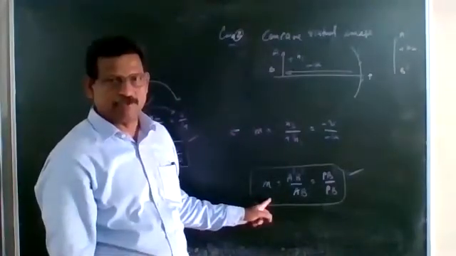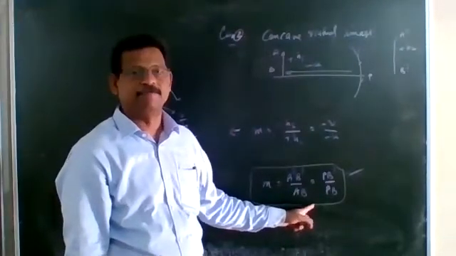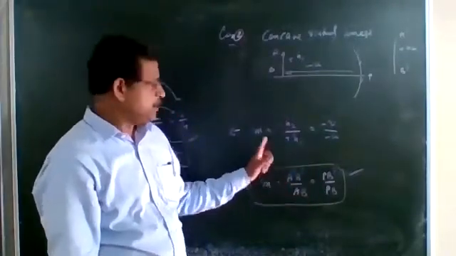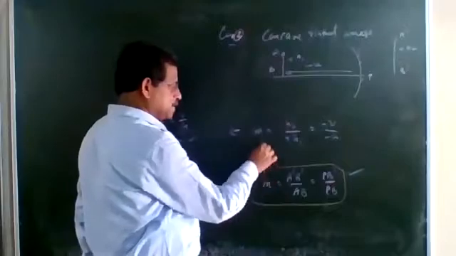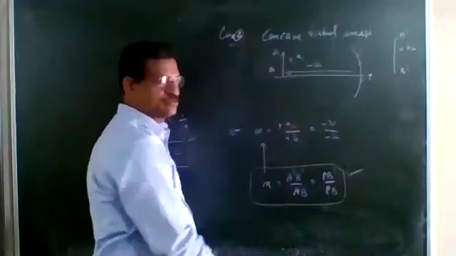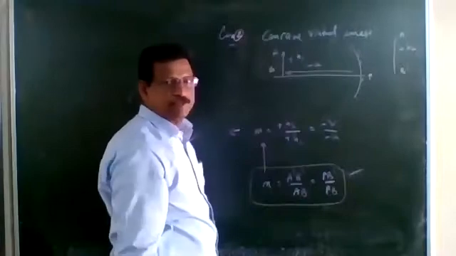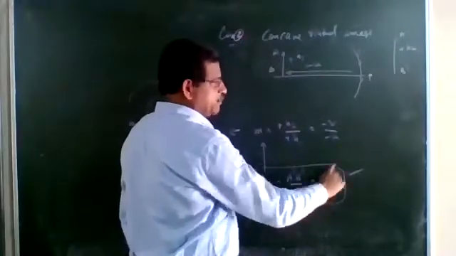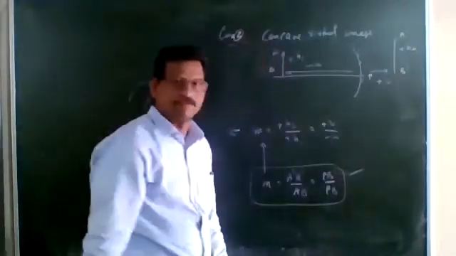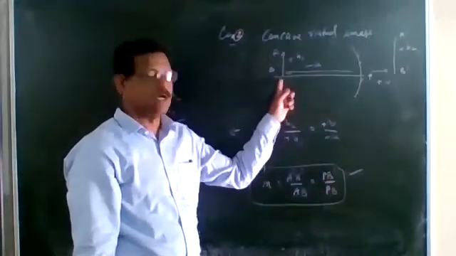Equation is in front of you. This is the main equation. M equal to A dash B dash upon AB equal to PB dash divided by PB. Now what is the equation for M? Magnification is M. What is A dash B dash? A dash B dash is measured upward and is plus. AB is also measured upward, that is plus H1. PB dash is measured toward right side, so it will be plus V. And object distance PB is measured toward left side, minus.